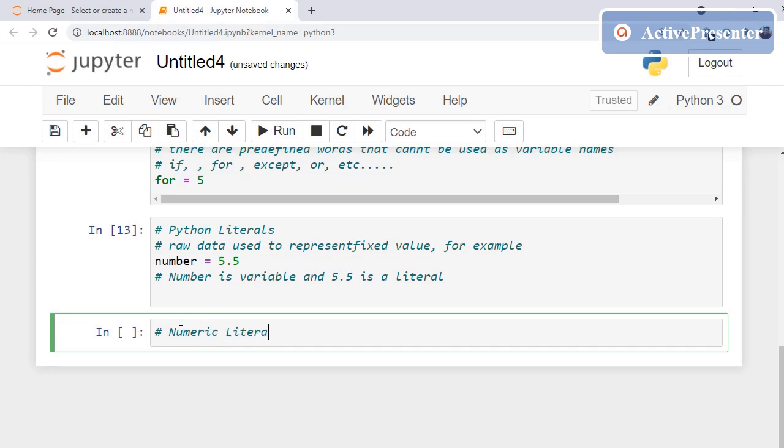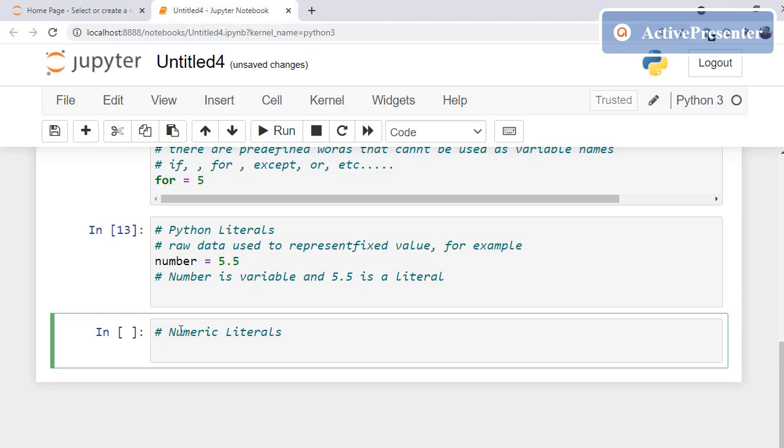Next I will cover numeric literals. What are numeric literals? There are 3 different numeric literals. How many types of numeric things do you know?